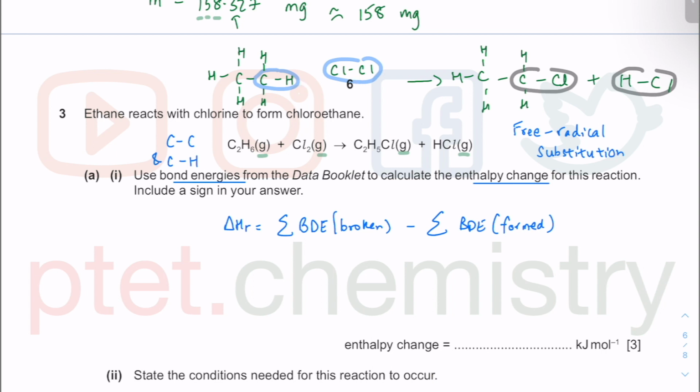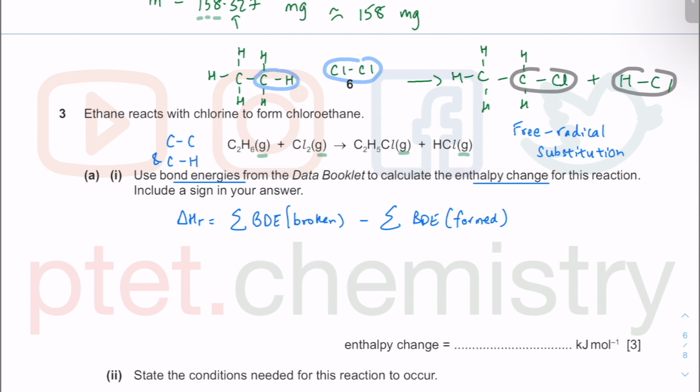So going straight to my data booklet, so find the bond energy. In the new syllabus, in the new specification for your exams, you will have the data inside the question paper itself. So it wouldn't make too much of a difference. You still have data to do your calculations where the question is needed. So find the CH first. That is given as